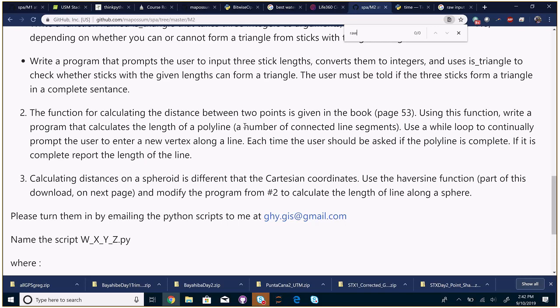So it's going to use a while loop to continually prompt the user to enter a new vertex along the line. So this is going to require a little bit of help. We're going to start this out. Each time the user should be asked if the polyline is complete, and then if it's complete, we want you to report the length of the line. So in other words, that's a long